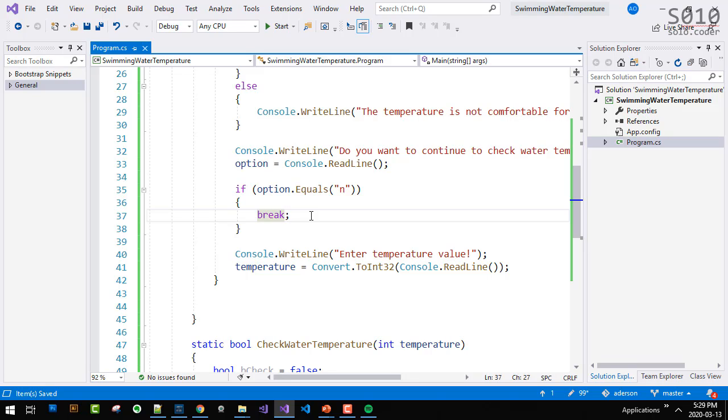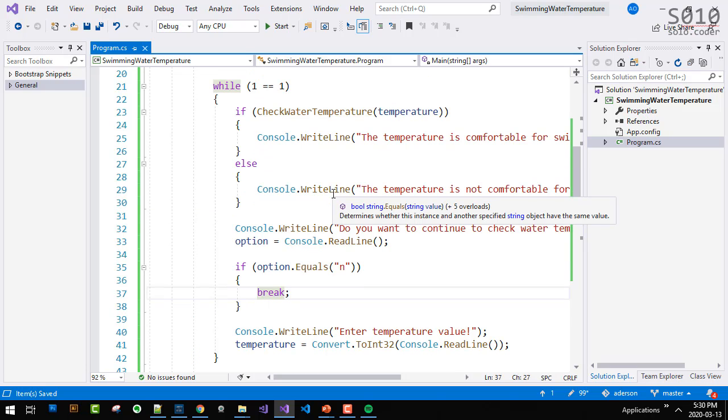Can it be different? It can always be different, and I'm going to give my spin to it, okay? Instead of having two questions, one being, do you want to continue, yes or no, and then asking for the temperature, I can put both questions at the same time.